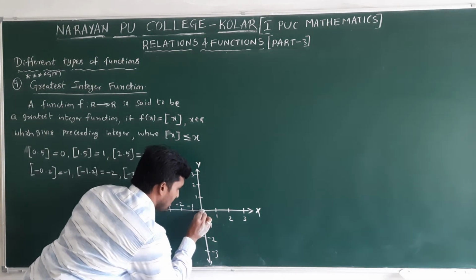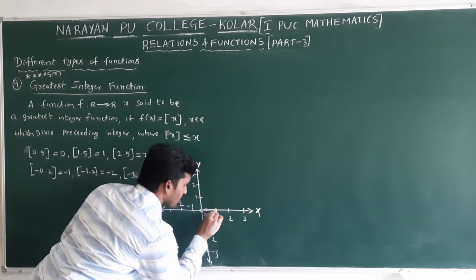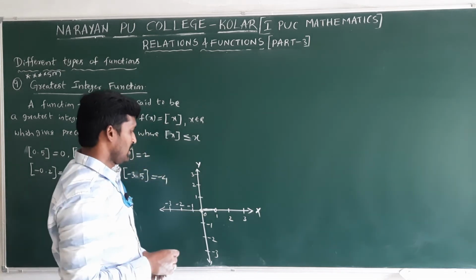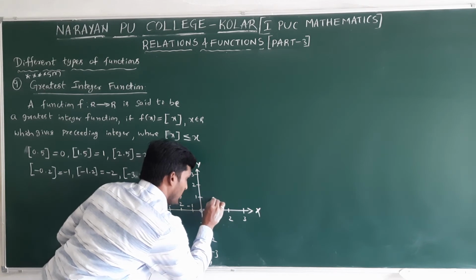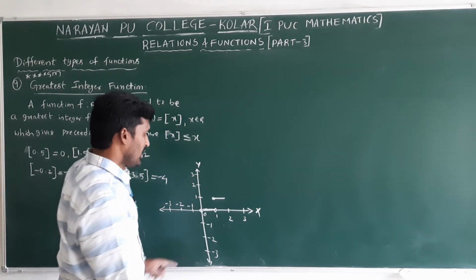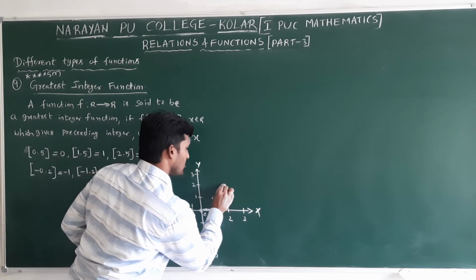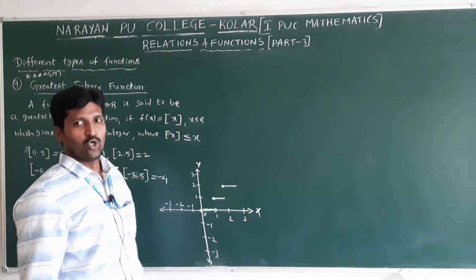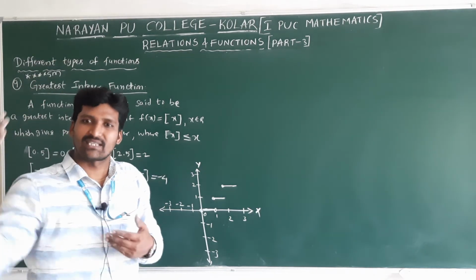So from here closed circle, open circle, visible, this is the open circle you have to take here. Next from 1 to 2, from 1 it is a closed one, because from 1 to 2 gives 1 only, y value, up to 2, 2 not touching. Next from 2 to 3, what is the integer you will get? 2. It's not touching 3, okay, up to 2.999. 2.999 step value is 2. 3 onwards up to 3.999 it is 3.